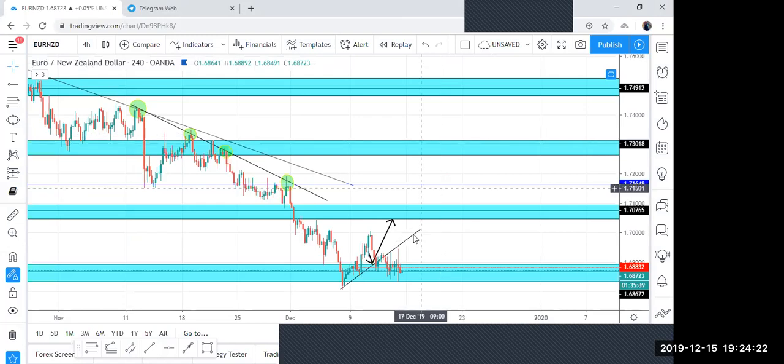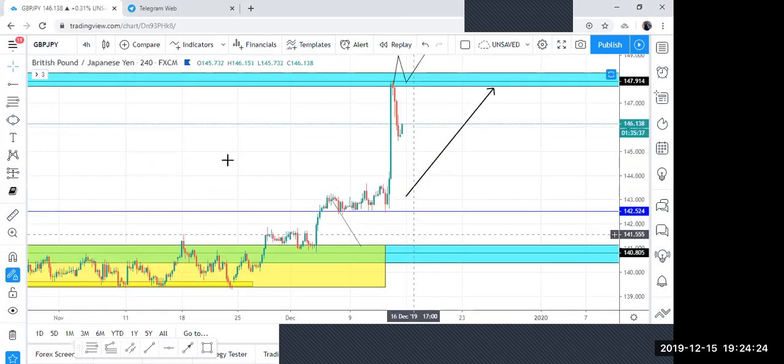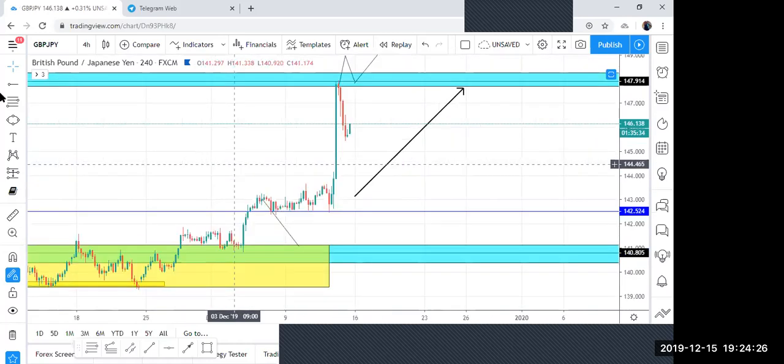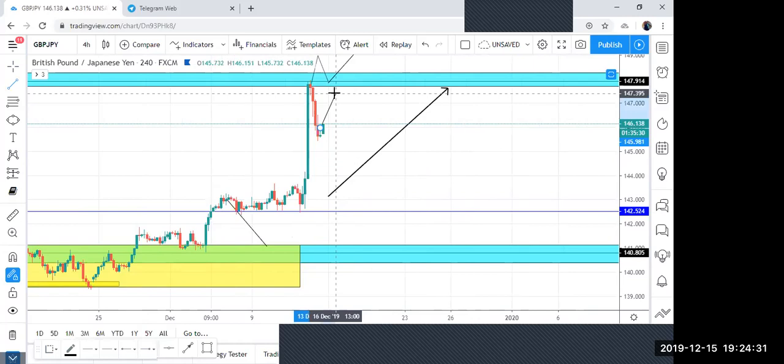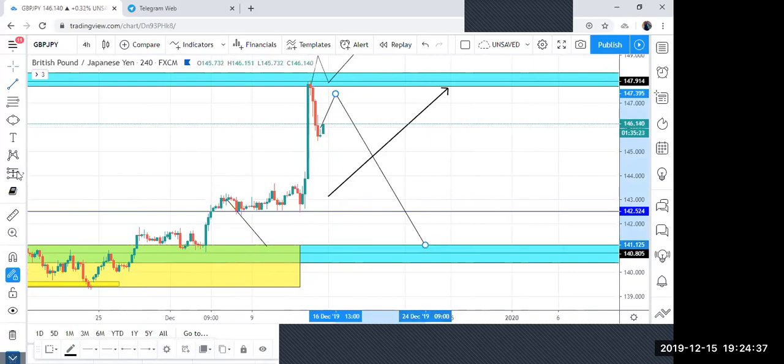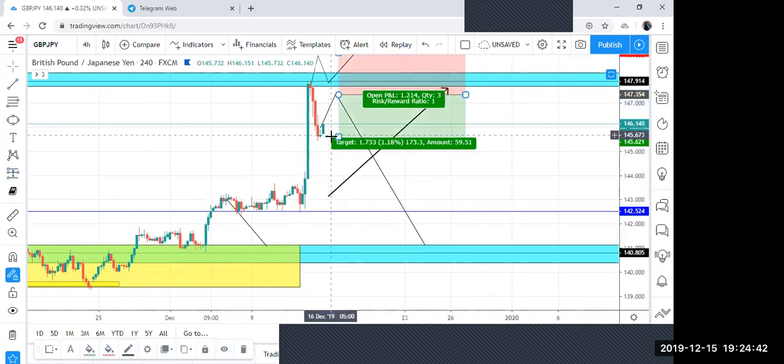EN in my zone. GJ. My confirmation would be price comes back up and close below this first high. Then I'm looking for it to drop all the way back down to the zone here. But that'll be provided that price actually,